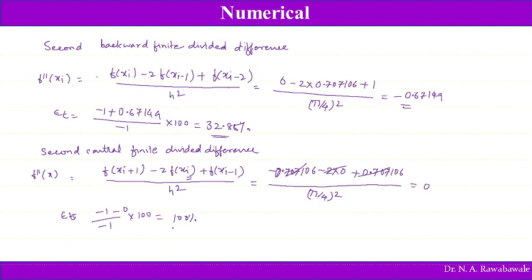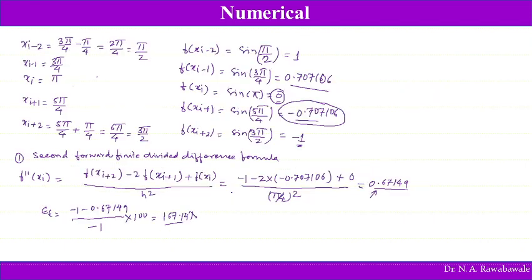100% error we are going to get in this case. So this is how we are going to find out the numerical differentiation. To have more accurate results, we must have the h value as small as possible. So here it was pi by 4, and as it was pi by 4, we obtained